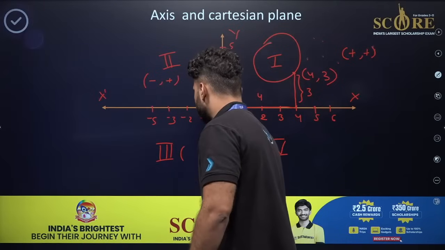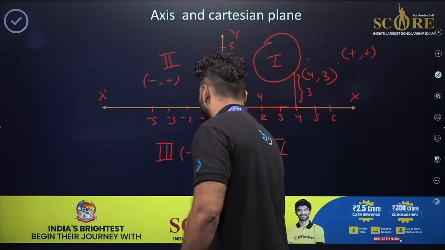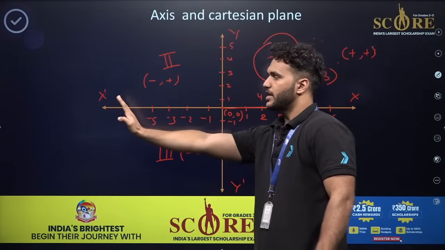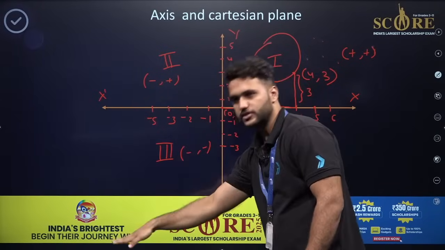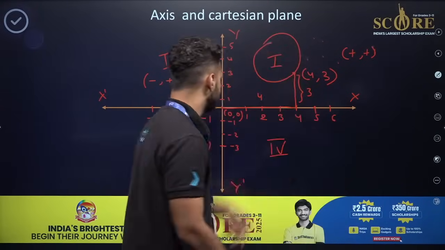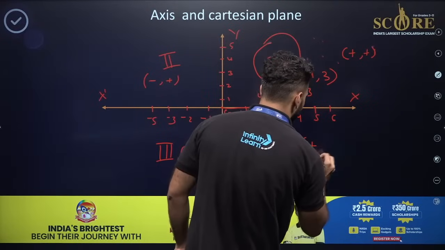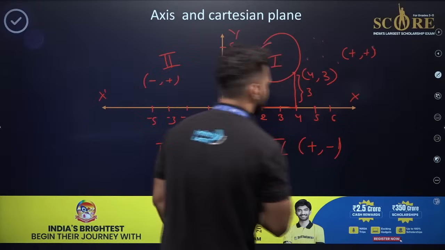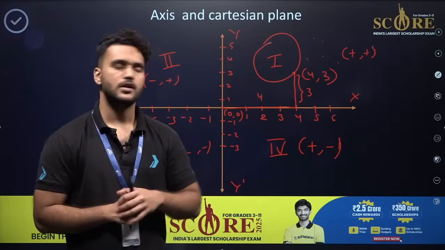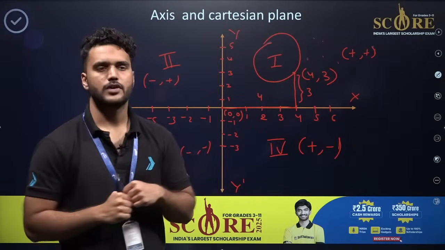What about this part? So negative comma negative. Why? Always negative direction of x, always negative direction of y. Now what about this part? So positive comma negative. Okay, is it clear? Is it clear? Now let's talk about abscissa